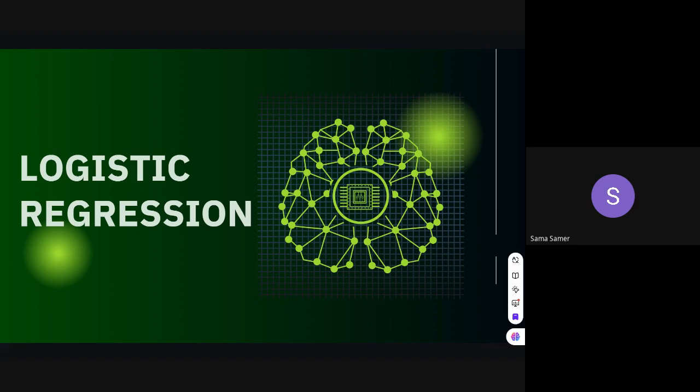Logistic regression predicts the probability of a binary outcome. Is it yes or no? Is it 0 or 1? We use something called the sigmoid function, which is used to map the input into probabilities for classification. So we enter the input features, then the linear combination, then by the sigmoid function we determine where we are.